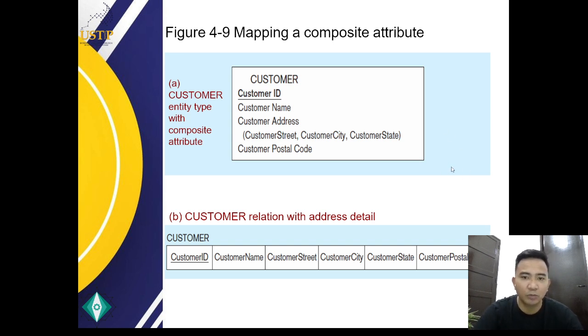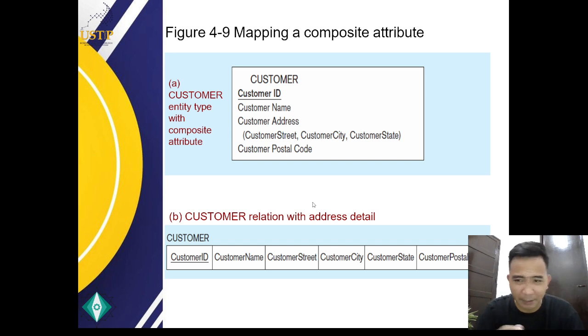Okay, the customer address is composed of three components. We have the customer street, customer city, and customer state. While on the second one, we have the customer relation with address detail.